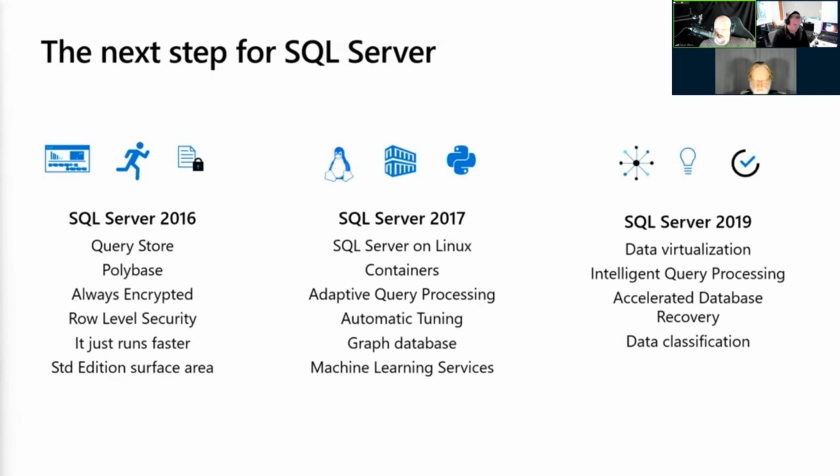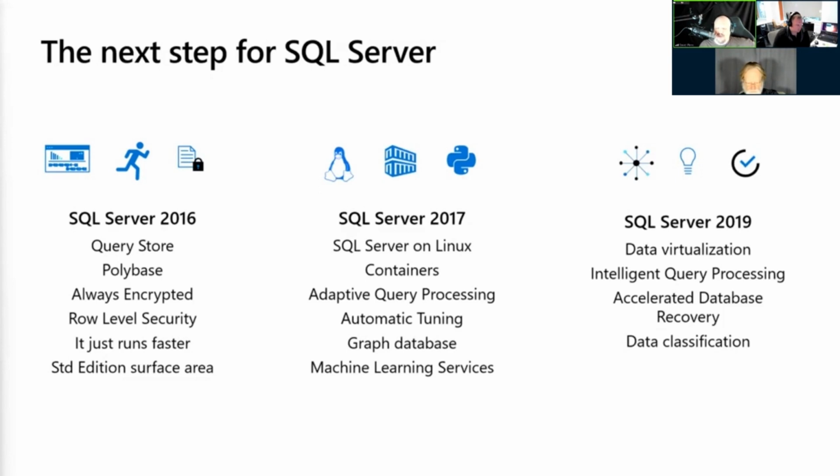In 2017, it was all about choice, right? You can run SQL Server on Windows or Linux platforms, including container images with Docker. We started the foundational concept of built-in intelligence with adaptive query processing. These are the building blocks for intelligent query processing, where simply by making a change at your database compatibility level, let's say to 140, you can influence query plan behavior. And we introduced batch mode adaptive joins, memory grant feedback, and interleaved execution. We further improved Query Store by adding the ability to automatically tune a workload by identifying query regression and applying the lower cost version of a plan.